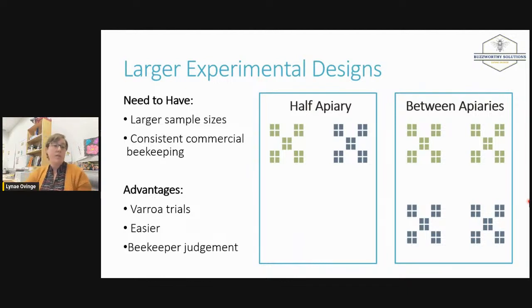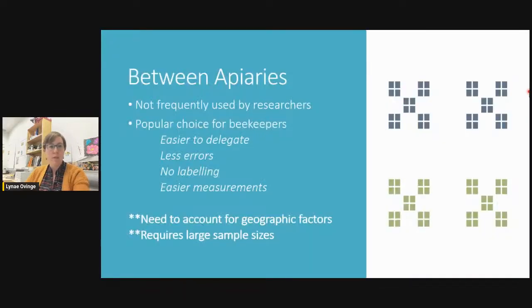It's also easier. Most beekeepers are way more likely to do these two types of designs, and like I said, I have a lot of respect for that beekeeper judgment. It's a lot easier as a beekeeper, moving from this side of the yard to that side, or this apiary to that apiary, to say, okay, that one was better, than when each hive is in a pallet and you have to read the tag, figure out which one it is, and work out a difference. It was easier for beekeepers to see trends. Oh, I think I do it this way.